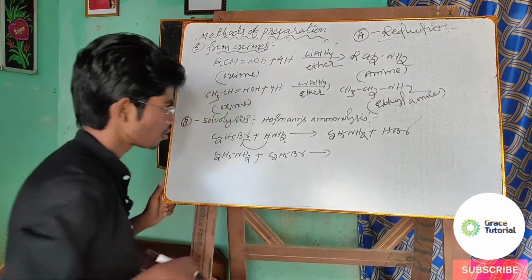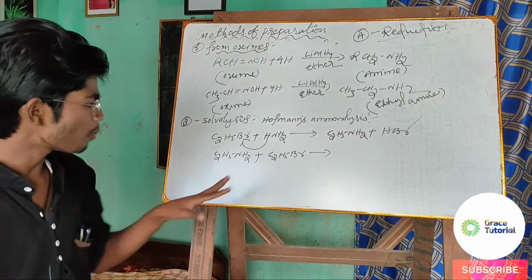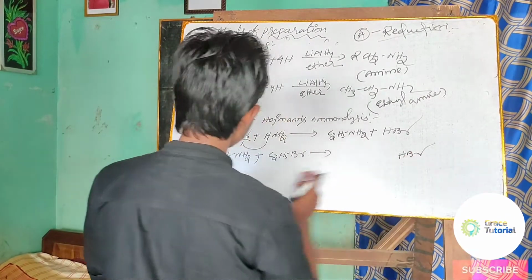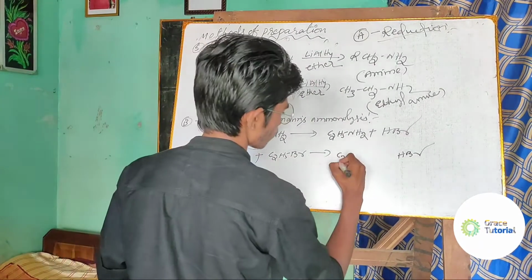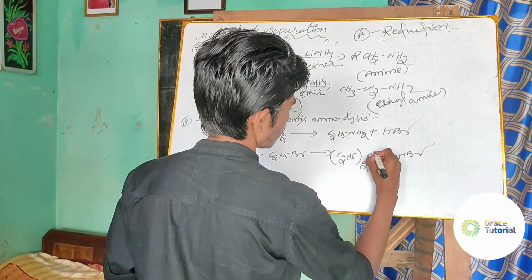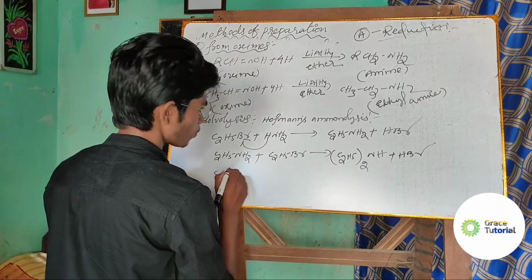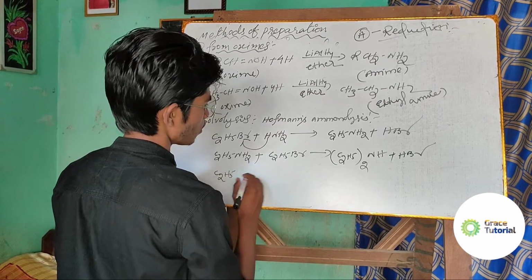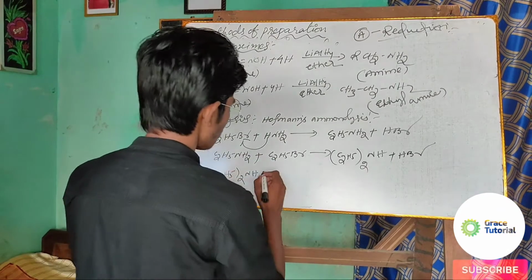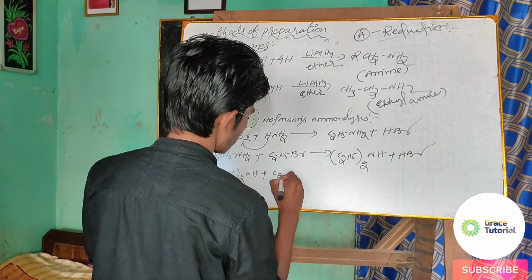C2H5Br. So the product obtained when the ethylamine again reacts with ethyl bromide: one more H will react with Br, and HBr is removed. So what is there? C2H5 and C2H5. That means diethylamine is obtained. Now if that diethylamine, (C2H5)2NH, again reacts with C2H5Br,